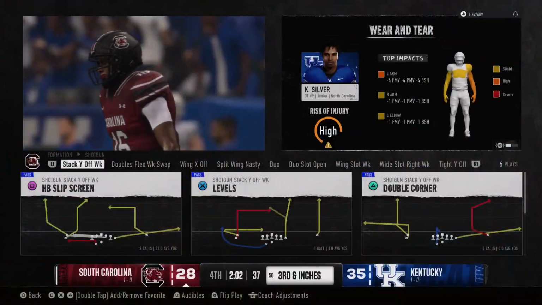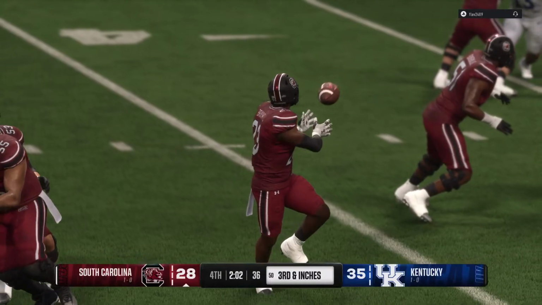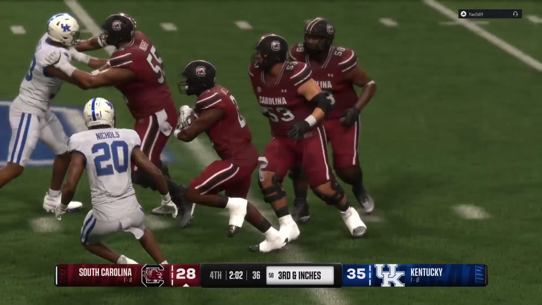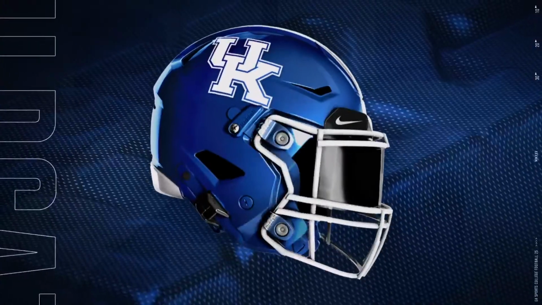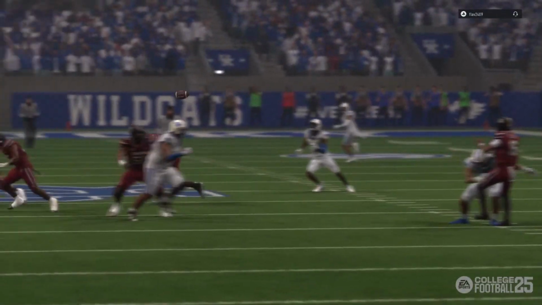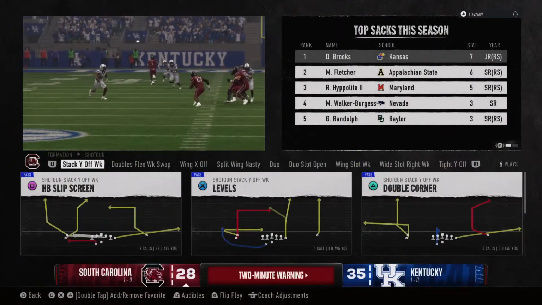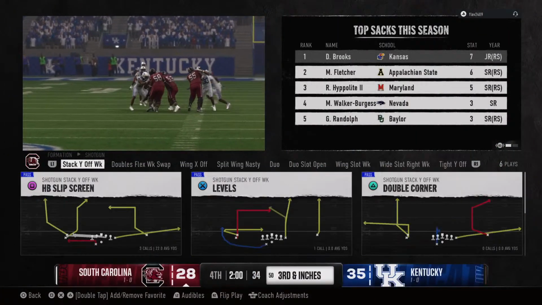Entering play call. Stack on that screen pass. Tell you what, if you want to be a blitzer all the time, I like running the screen right behind him. Did a great job throwing the screen. Almost broke this one